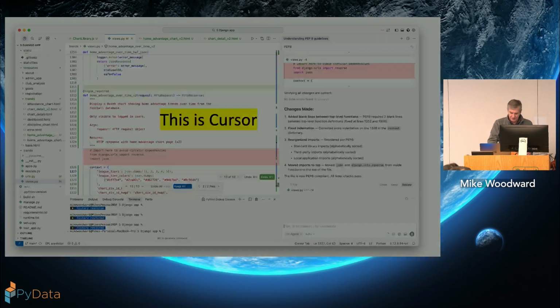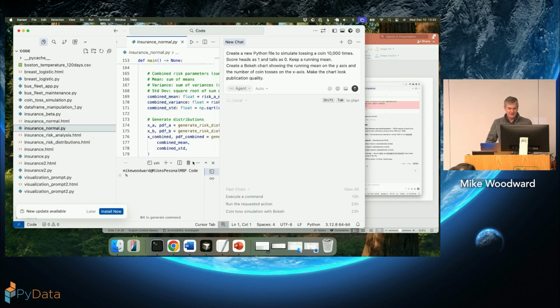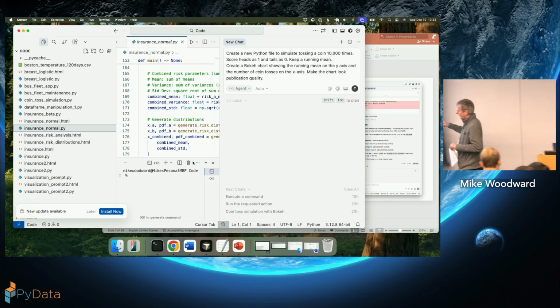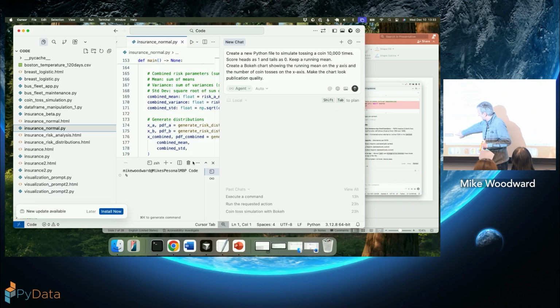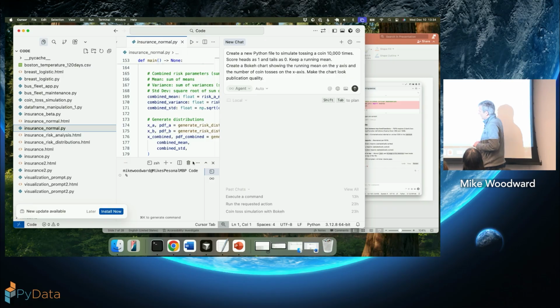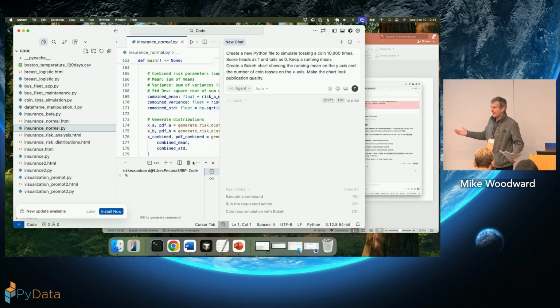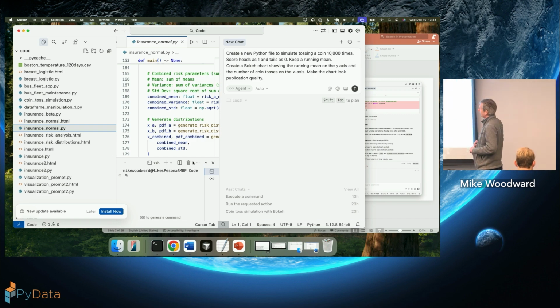So now let me do my really stupid thing and actually rely on the Wi-Fi working to continue with my presentation. This is Cursor. On the bottom, I wasn't planning on this, but it did happen. See this? Cursor updates more frequently than any other software that I've used. Sometimes it will even give you this update message twice a day. I've seen it happen. So every so often, this thing will pop up, and it's various changes, which is both good and bad. I'm going to ignore it, but we'll come back to that later.